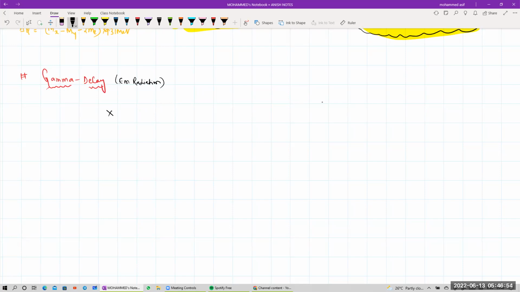Like say, X gives rise to a daughter nucleus Y, which is always with a star mark. The star mark always represents that it is in an excited state, with the liberation of either an alpha particle or a beta particle. Clear? Now this excited state daughter nucleus will become stable by the emission of radiation, which is called gamma.